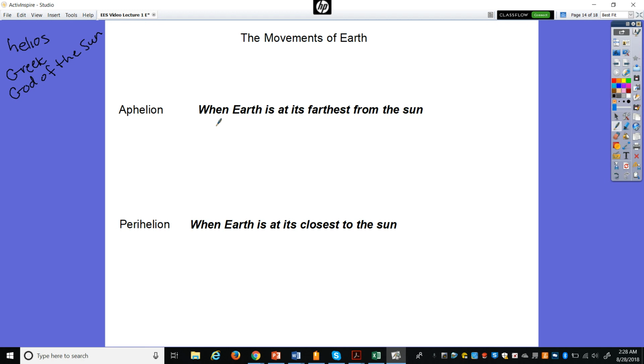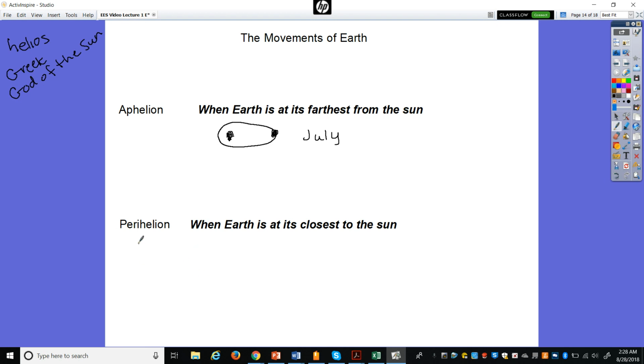And so this has to do with, you've got Earth orbiting around the sun. And it really has to do when Earth is at its farthest from the sun in its orbit. At its farthest point. And this actually occurs in July of every year.